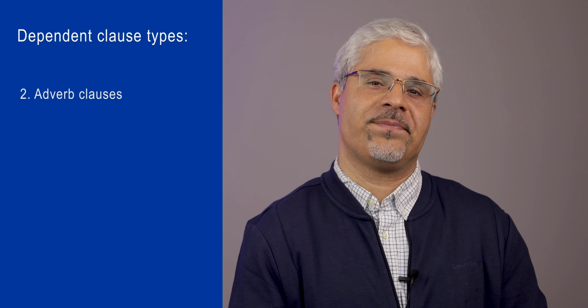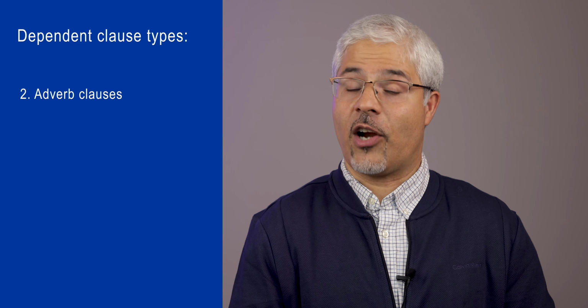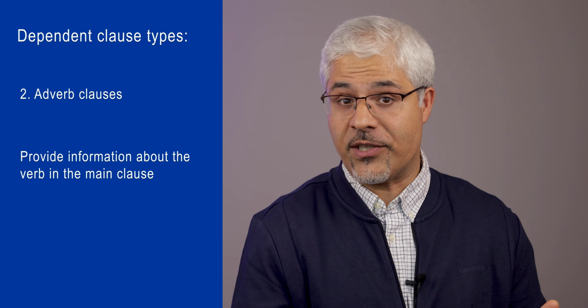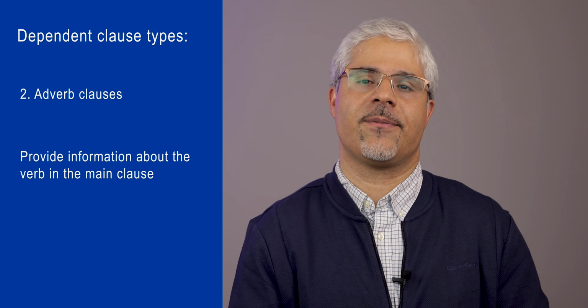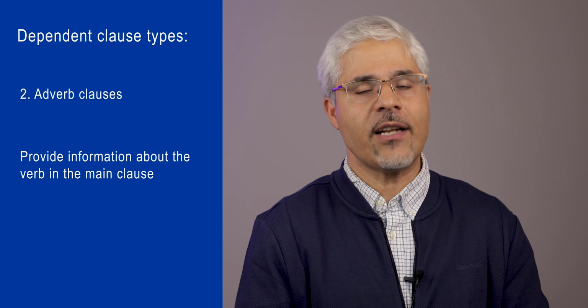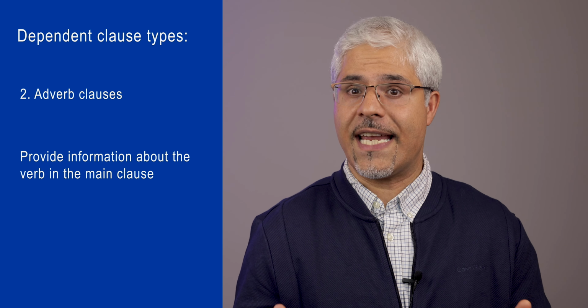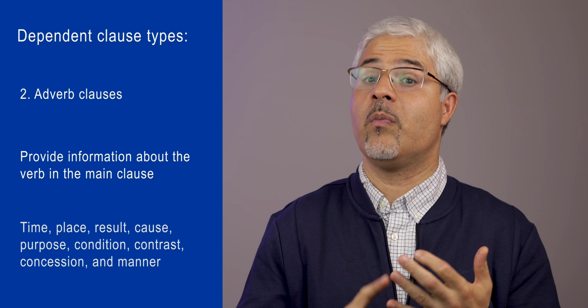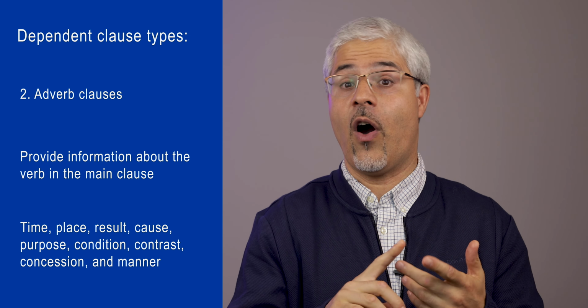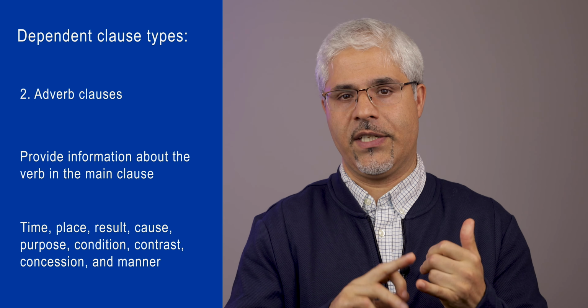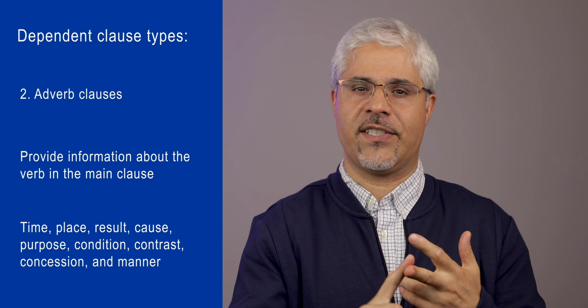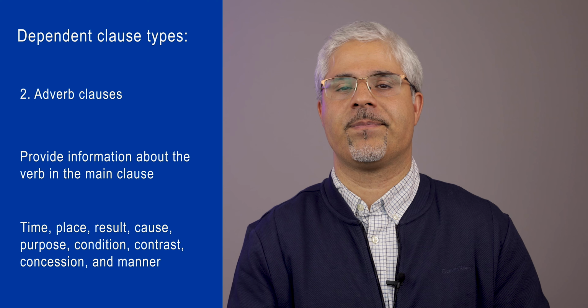Second dependent clause type, adverb clauses. Adverb clauses are clauses that provide information about the verb in the main clause. In other words, they modify the verb of the main clause in terms of time, place, result, cause, purpose, condition, contrast, concession, and manner. Before I start introducing these 9 groups of adverb clause conjunctions, I need to tell you